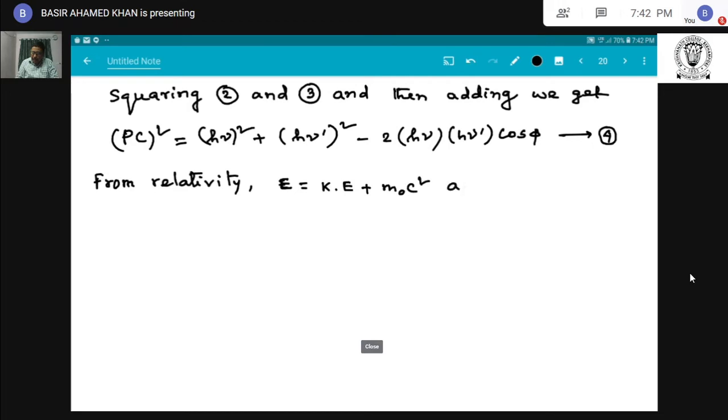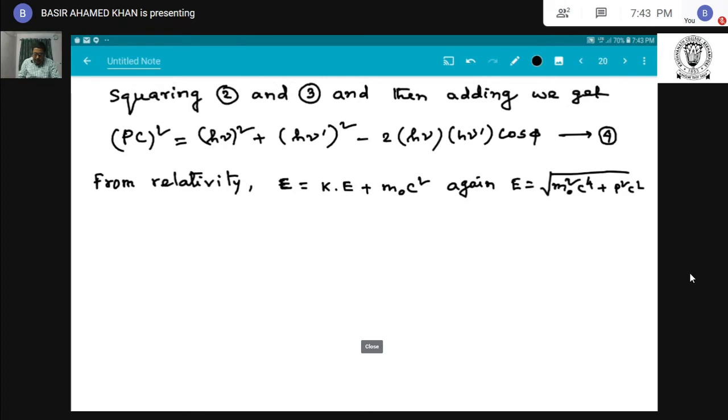Again, in terms of momentum, E equal to root over of m0 square c to the power 4 plus p square c square. I already said m0 is the rest mass. Therefore, from these two relations, we say that